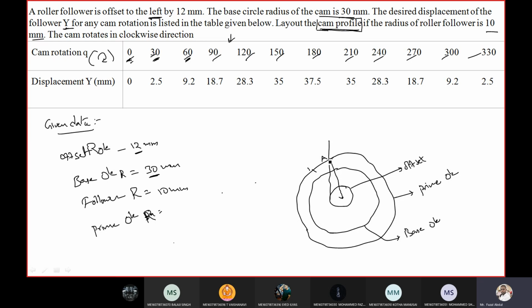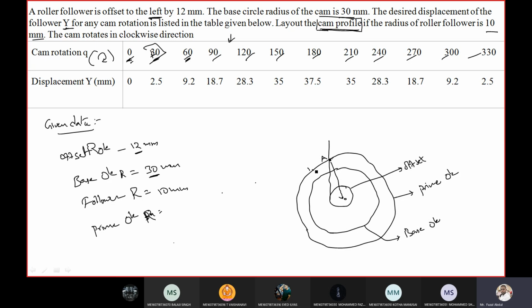So from the A point measure 30 degrees, because here in the table 30 degrees is given. So measure 30 with the center this one. Take the D scale, keep it here with reference to this line OA. Reference line is OA. Measure 30 degrees and denote one point. Give the point name as 1.